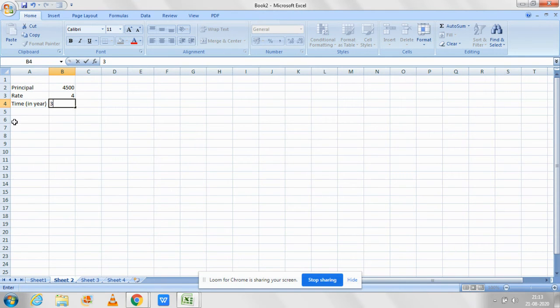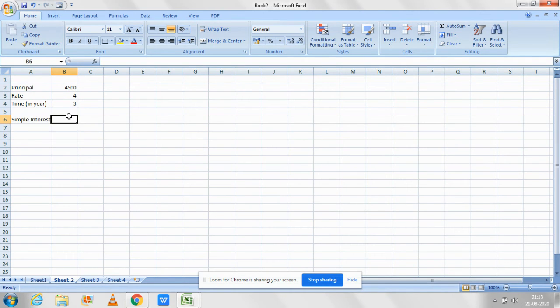Now, I have to find the simple interest. Now, formula always begins with an equals to sign. Then what will happen? What is the formula of simple interest?